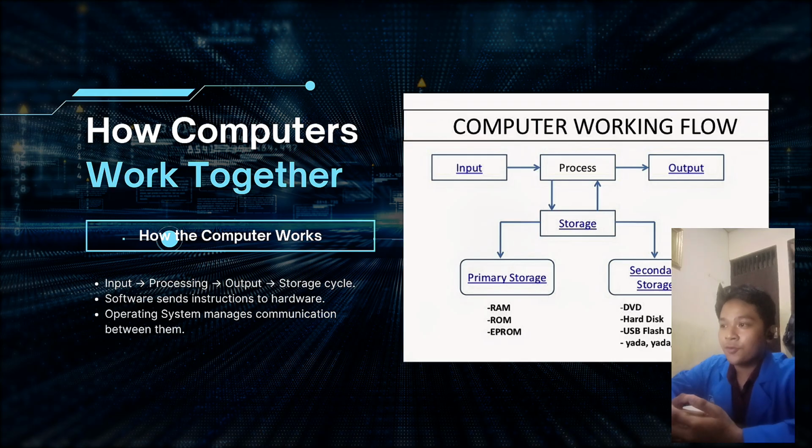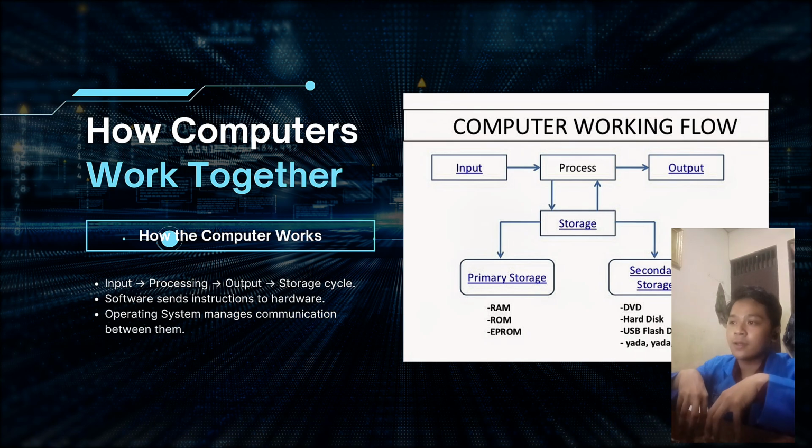For example, when we type on the keyboard, it sends input to the CPU, which processes it and shows the result on the monitor. The software gives instructions and the hardware performs them, all managed by the operating system.